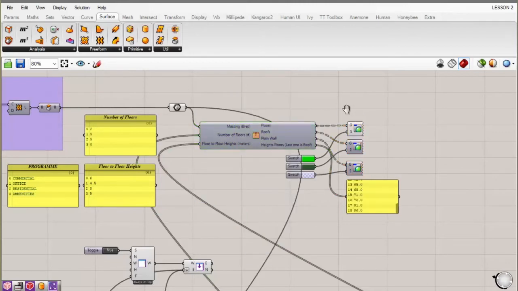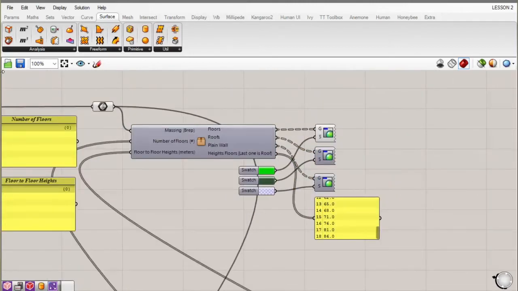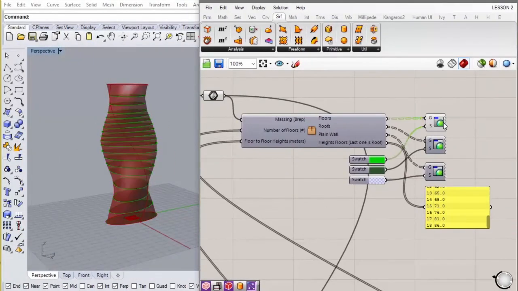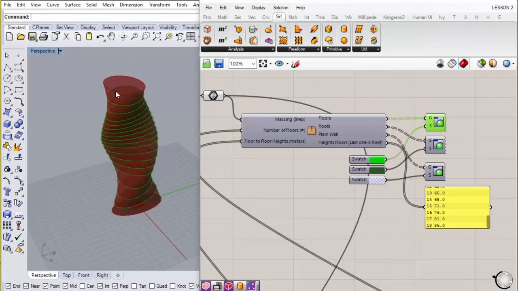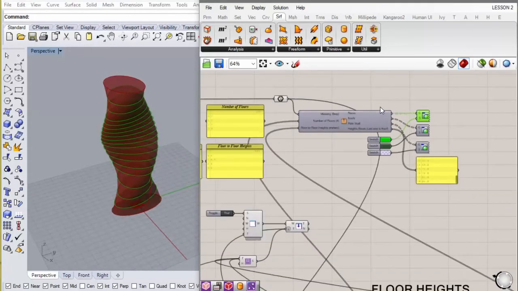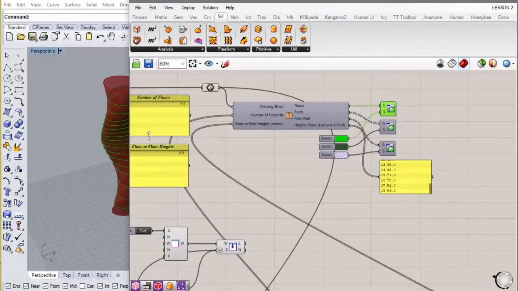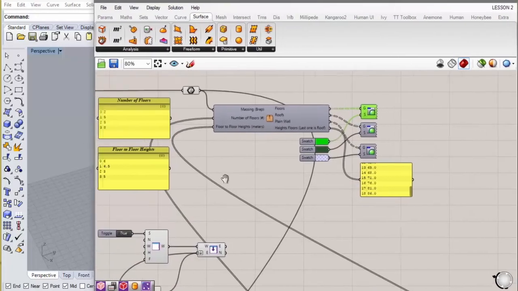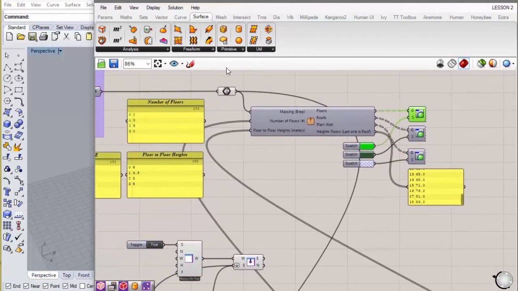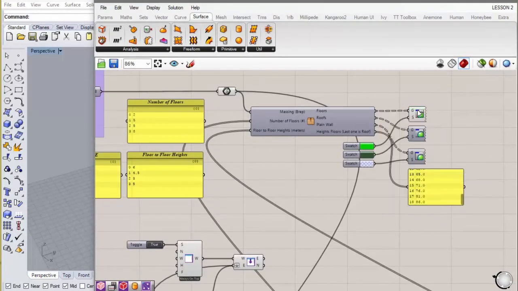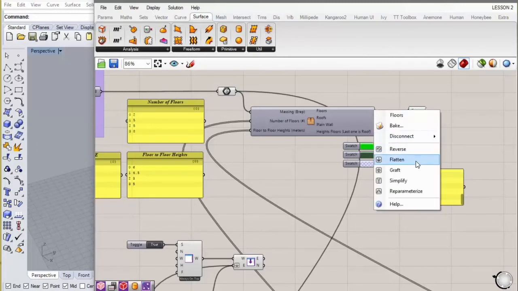So let's activate this again, and since we already have these floors, all that we have to do now is, again, this really doesn't have much to do with human UI, so just suffice it to say, let's flatten this.